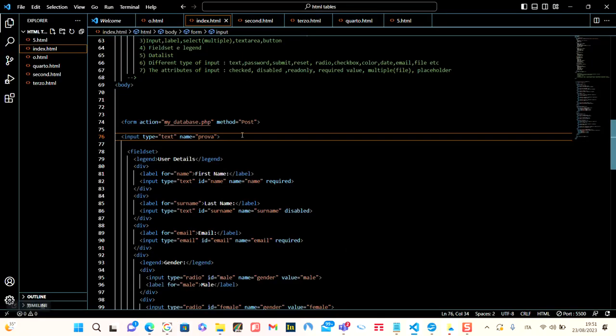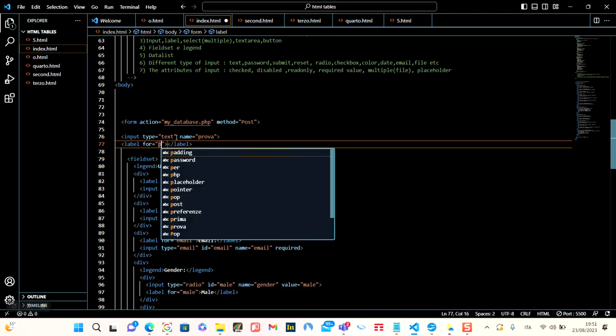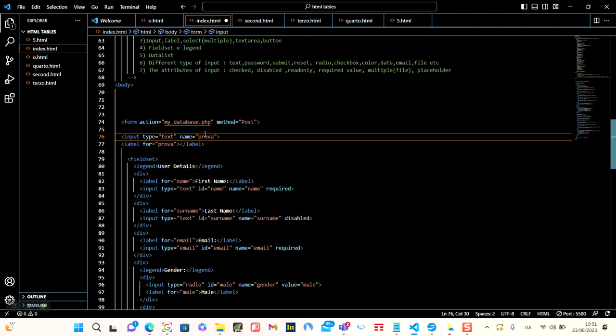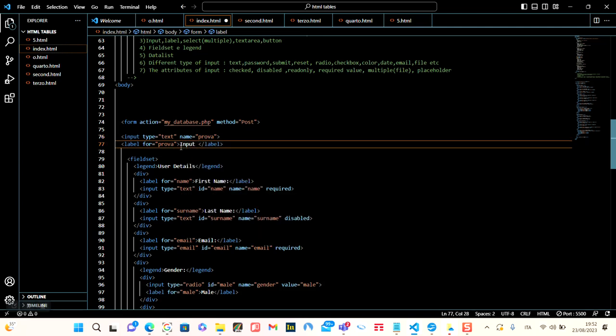And then if you want to give it a name, you use label with for, and you type the name of the input. So the input has a name, and you write the name on the input, and then you give the input a name. Anyway,